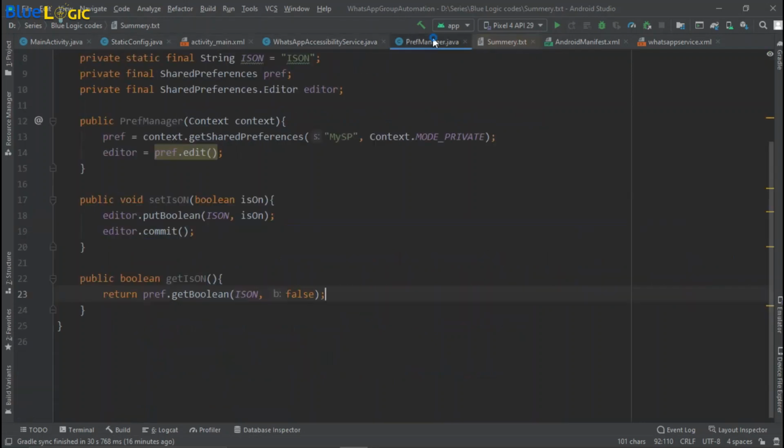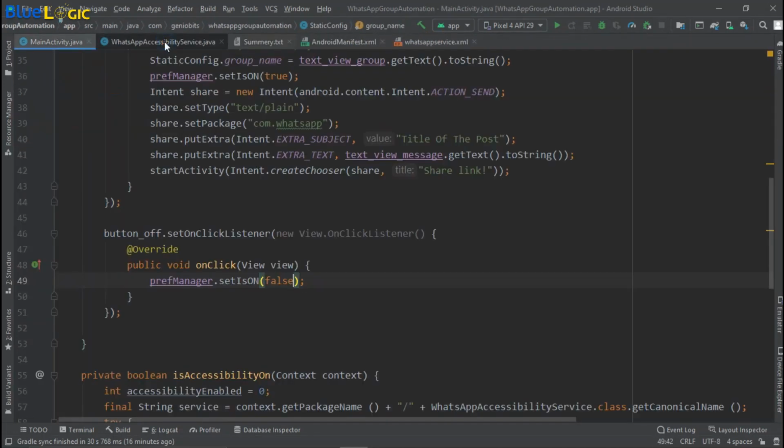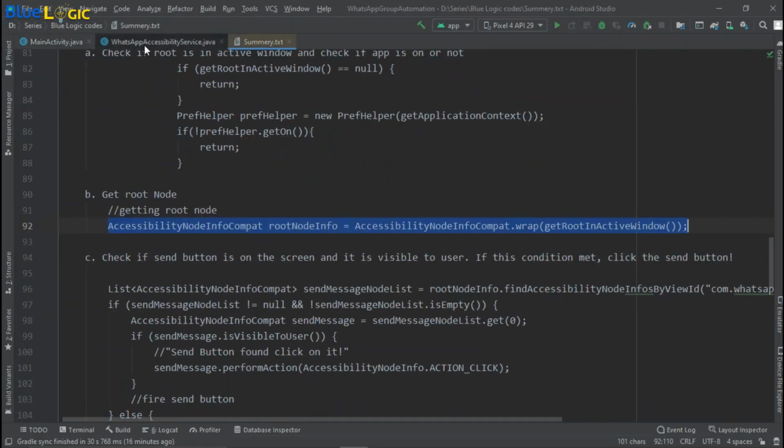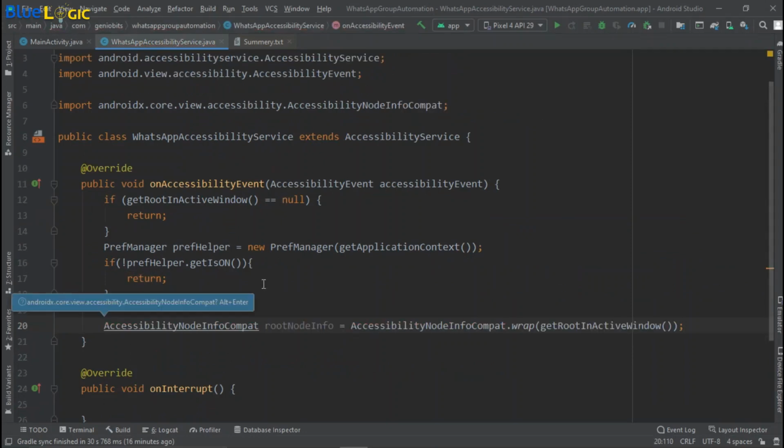So I'll just shift it there. I'll just close some of the things because we don't need them anymore. So we just need access to the root node info.